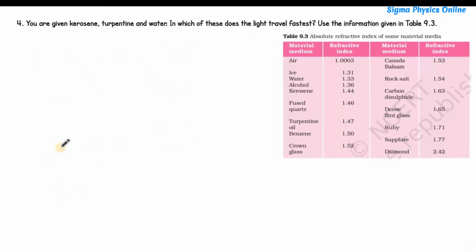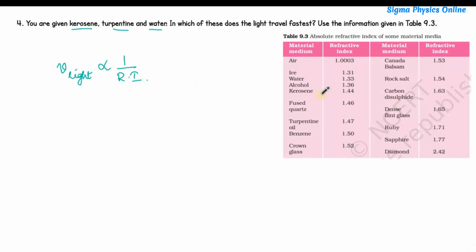The next question is, you are given kerosene, turpentine and water. In which of these does the light travel fastest? Use the information given in table 9.3. So as I've said earlier, light will travel fastest in the medium which has the lowest refractive index. Alright. So the velocity of light in a medium is inversely proportional to its refractive index. So the medium whose refractive index is the least, light will travel with maximum speed in that medium and vice versa. So let's see, in kerosene, turpentine and water, whose refractive index is the least, light will travel fastest in